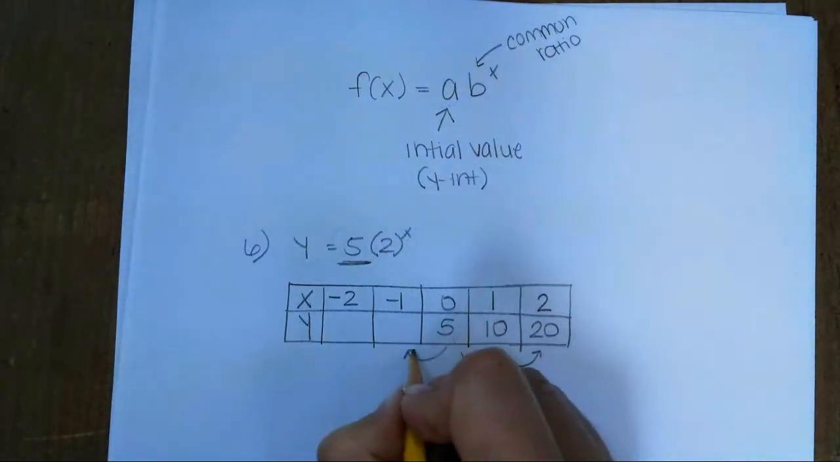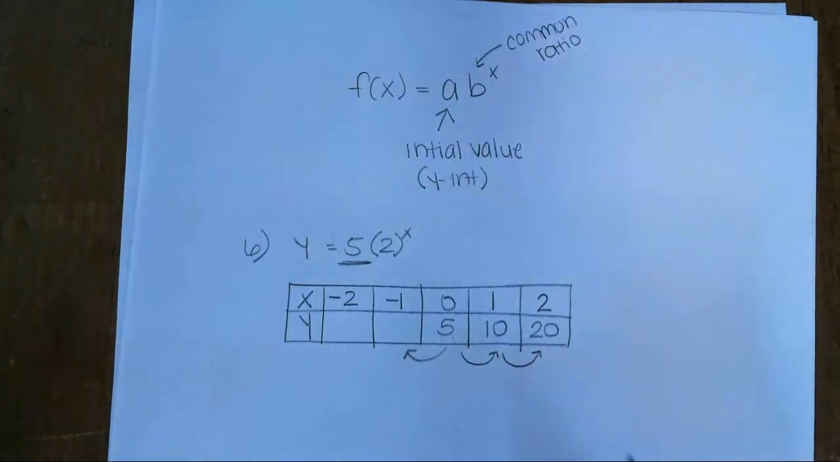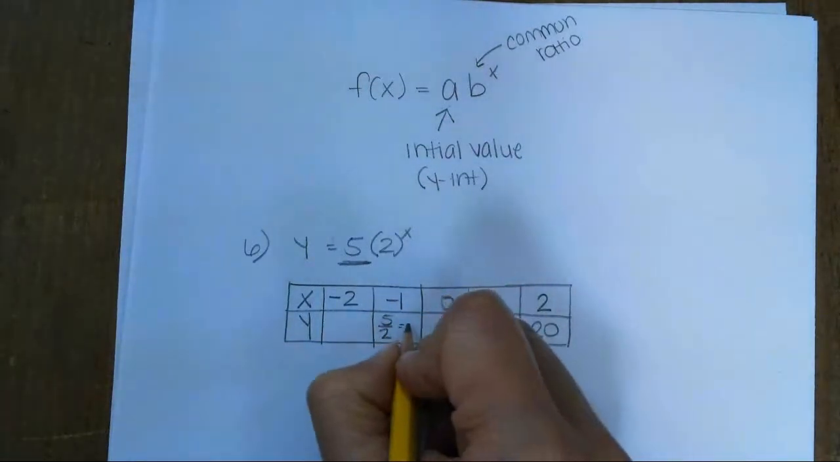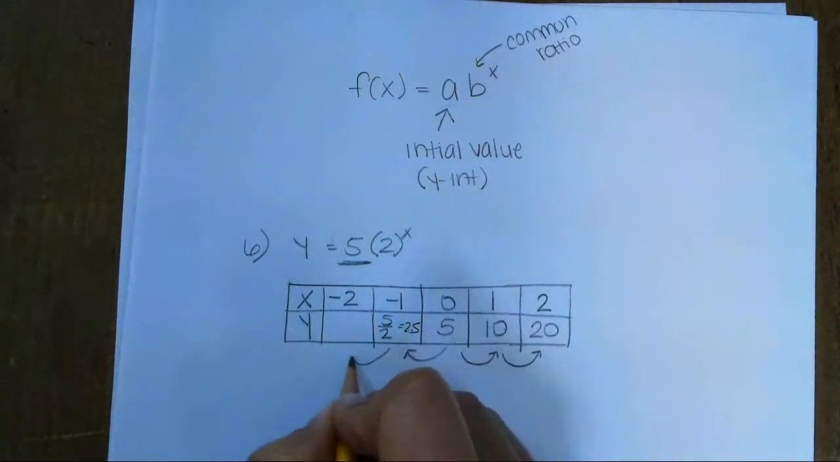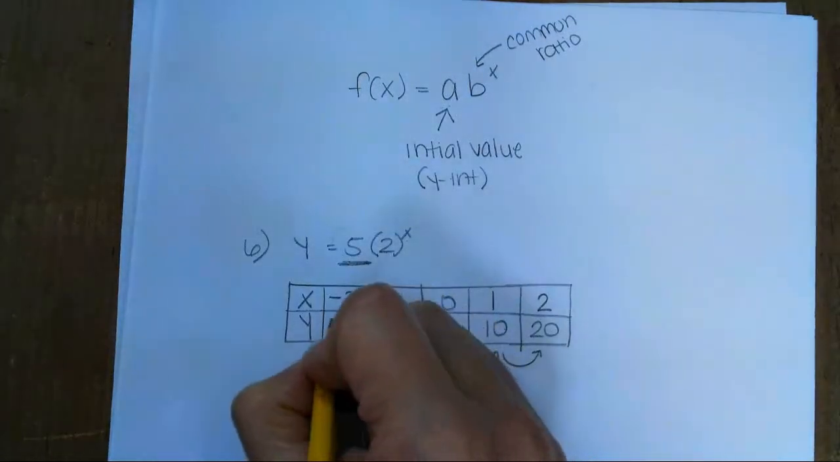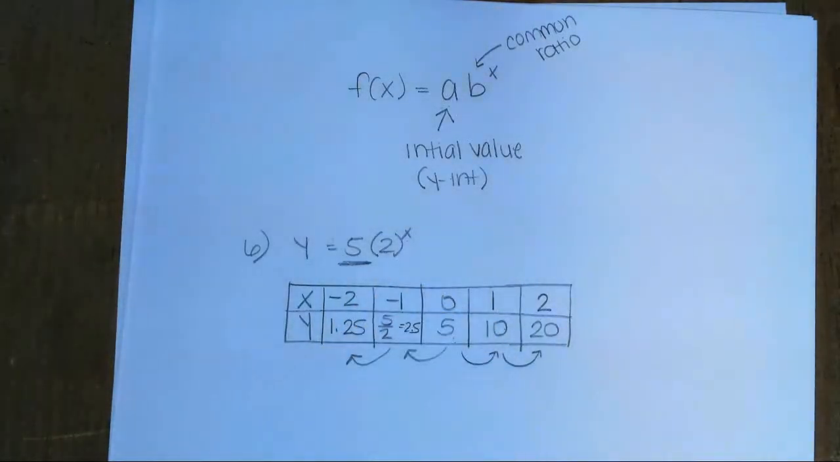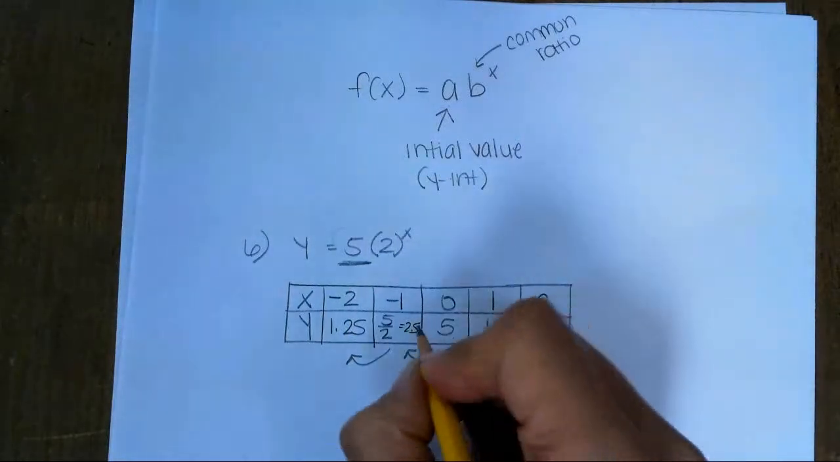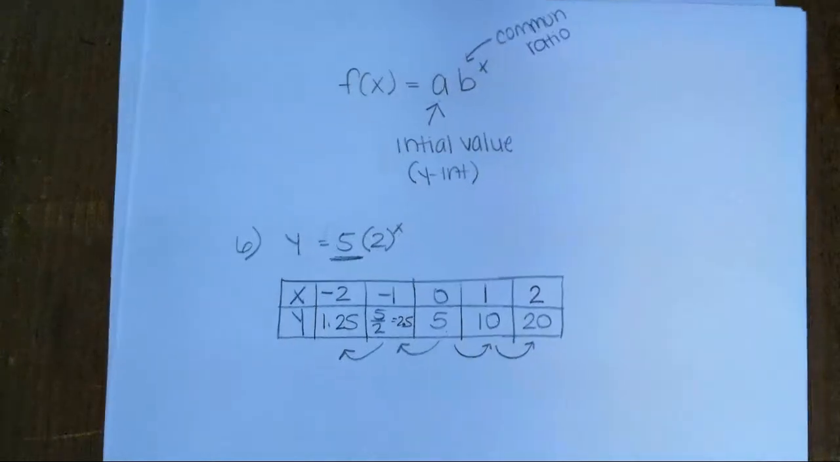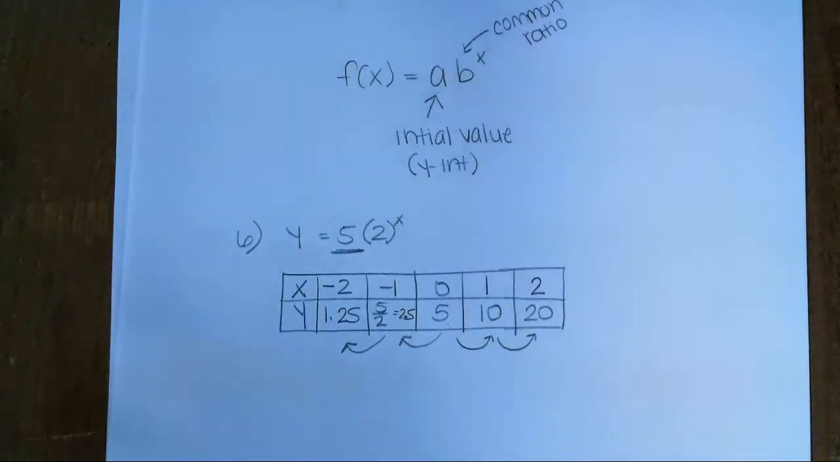Okay, now going backwards, I have 5 divided by 2, which is 2.5. And 2.5 divided by 2 is going to give us, I want to be very specific here, 1.25. Now I could have done that in my head, but for some reason I was kind of not thinking straight. So, anywho, now that you have your x and y table, now you can go ahead and graph that on,